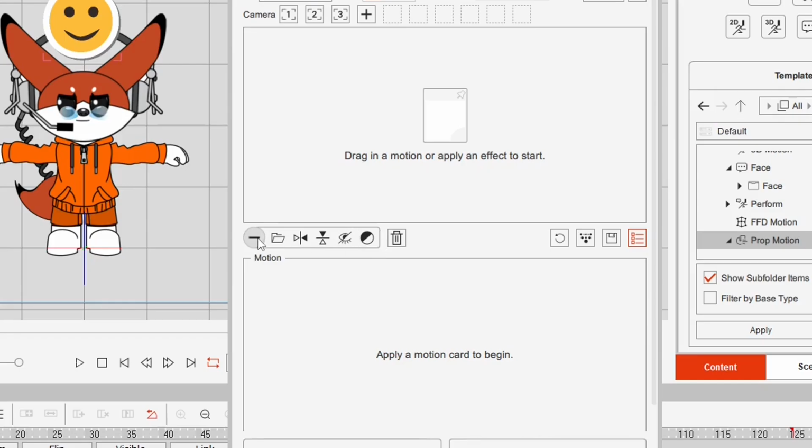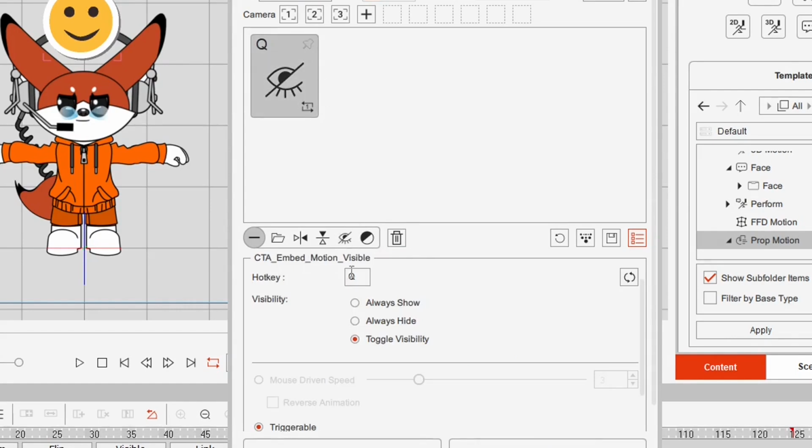We'll select from down here. If you don't see this, this is just this button here expanded. We'll hit the plus button, and we want to select this as our first card, which turns an object either on or off. We'll select that. It doesn't need to have a letter. We'll get rid of trigger key, and we want to select always hide and make that the default for this